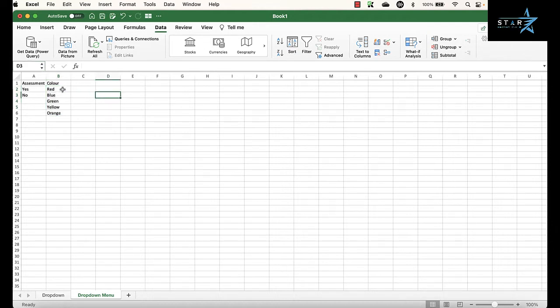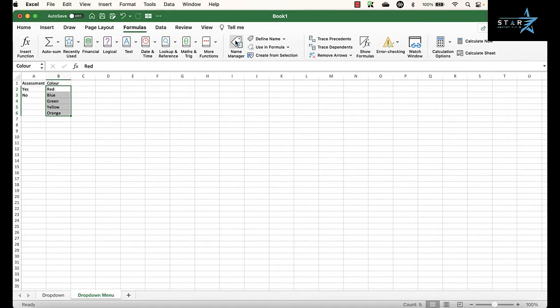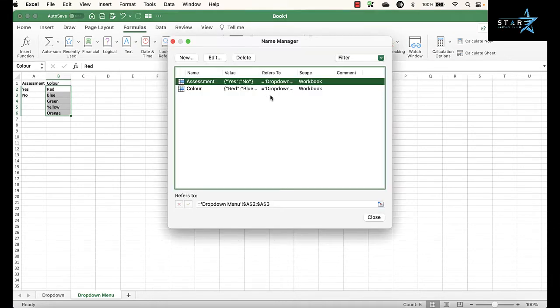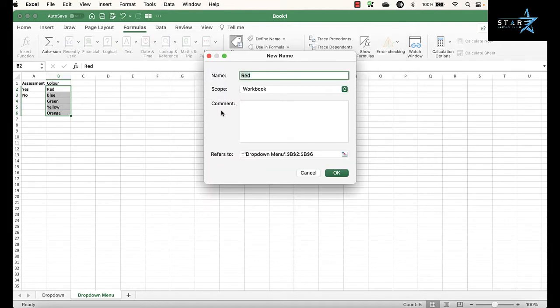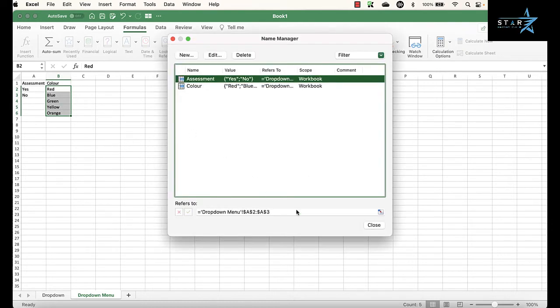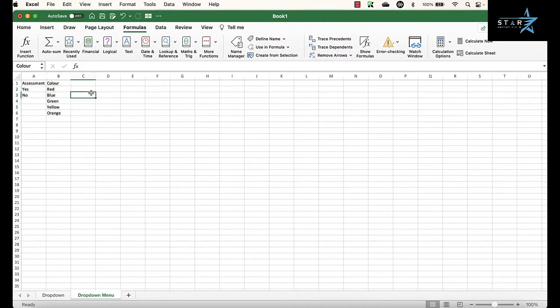Now, this is the simplest way to name a range. However, there is one more method of naming the range, which is available under Formulas, Name Manager. So if you go to Name Manager, as you can see, I've already created two names: assessment with a range and color with a range. If you want to add new, you can just click on new and it will allow you to create a new named range. So I'm going to just cancel this one, close this one,